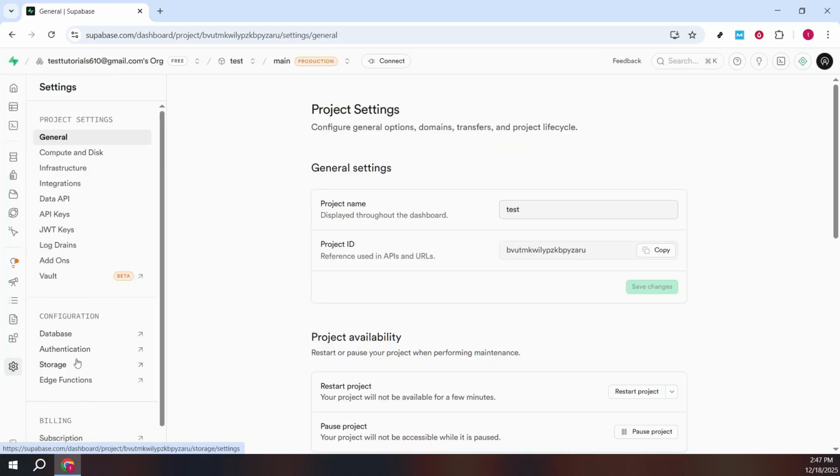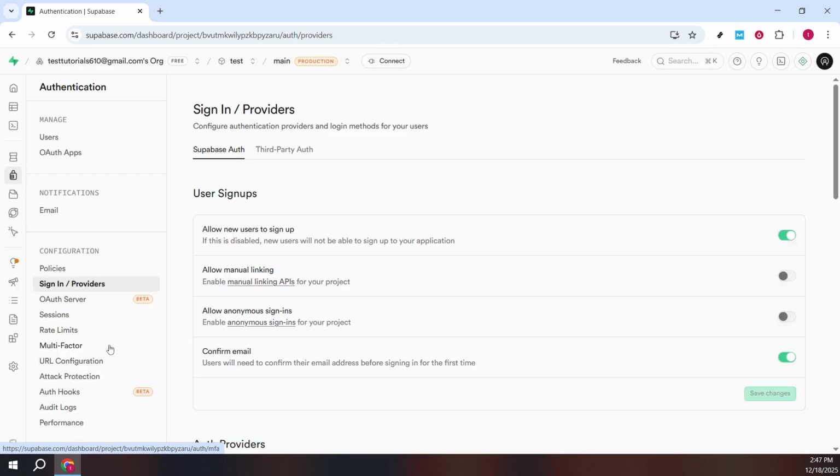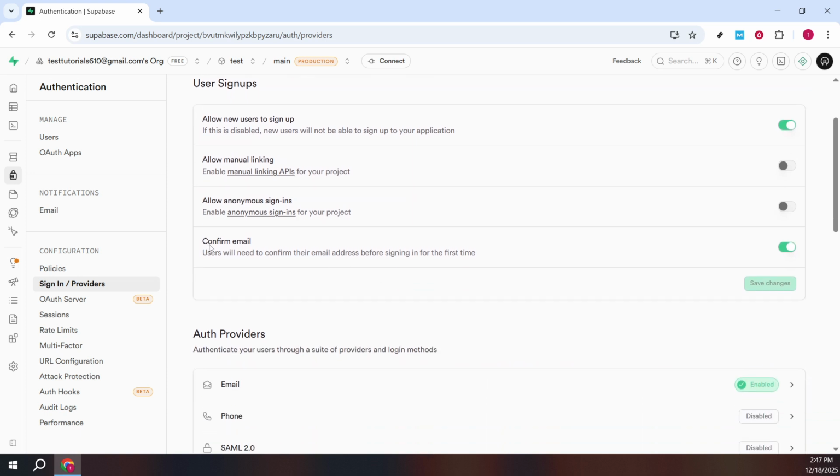This is where Supabase manages sign-in, sign-up, and provider options for your application. Locate the Confirm Email option and switch it off. Disabling Confirm Email means new users can sign up and sign in immediately without having to click a verification link sent to their inbox. This is often useful for local development, demos, or closed internal tools where you control who can access the app. Keep in mind that skipping confirmation reduces friction, but it also removes a layer of verification,